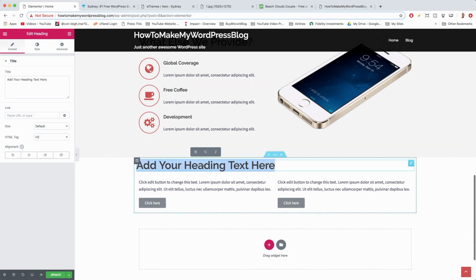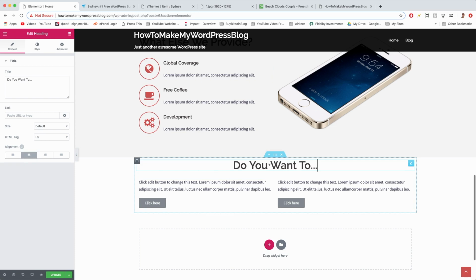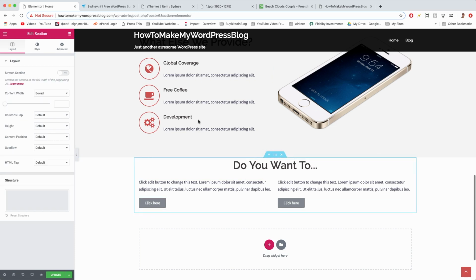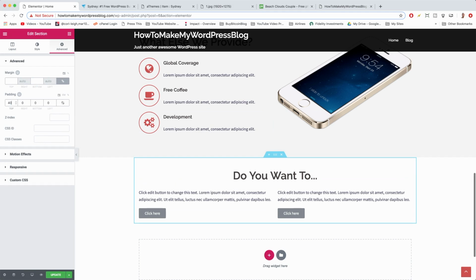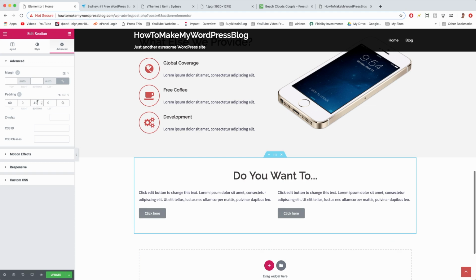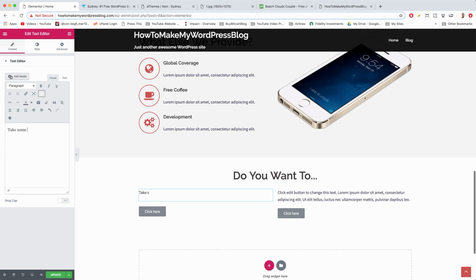So the heading will say, do you want to... It'll be centered. And we already know this section's gonna need some padding to push the content inwards. So let's click on the section settings, advanced, unlink the padding, and on the top, let's give it somewhere around 40. Very cool, and the bottom also could be 40. Okay, nailed it. Now we're gonna change up the text. So the first paragraph is gonna say, take some time and meet our employees,